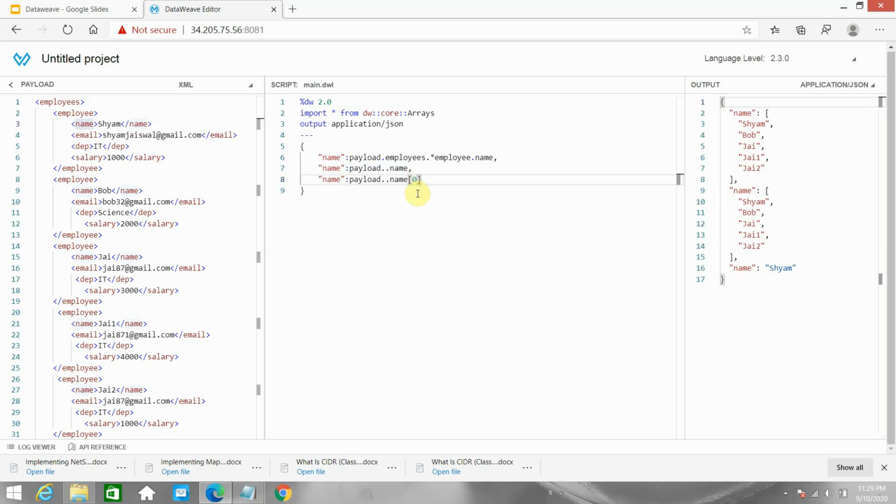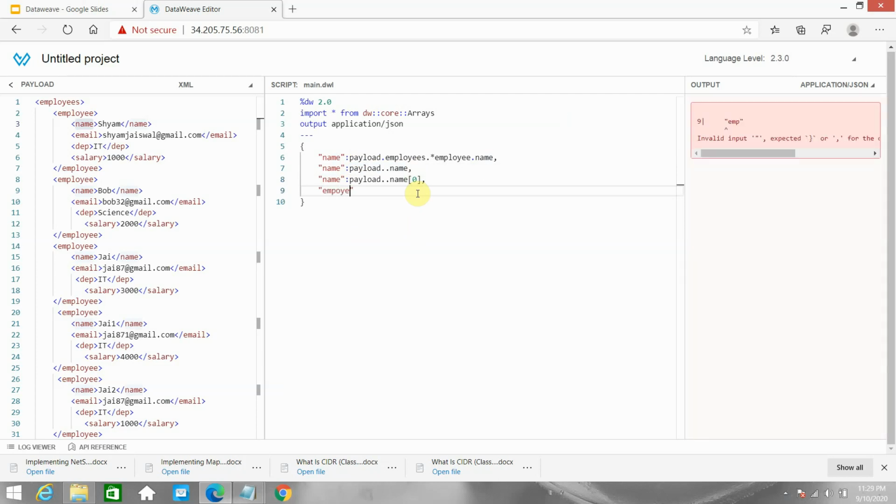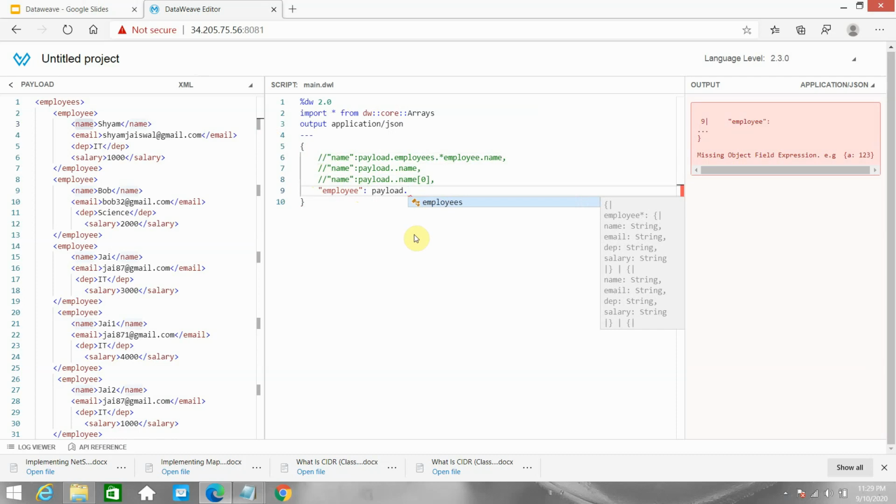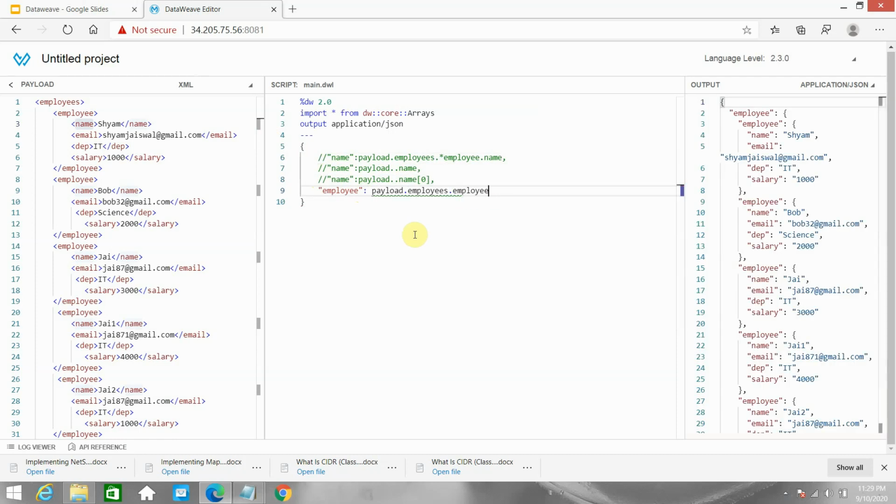Next, I want to access the employee data. I will comment this out. Now I can say payload dot employees dot employee.